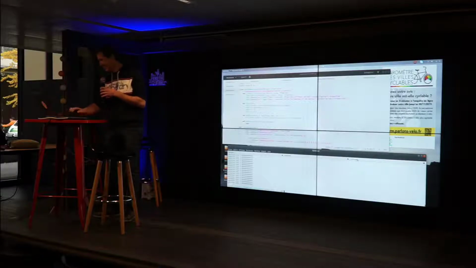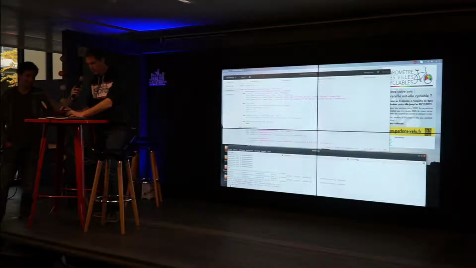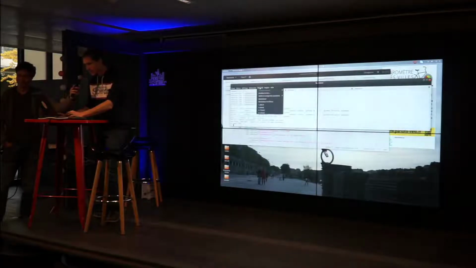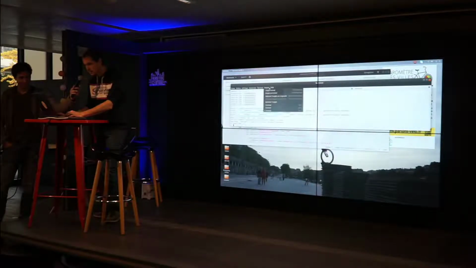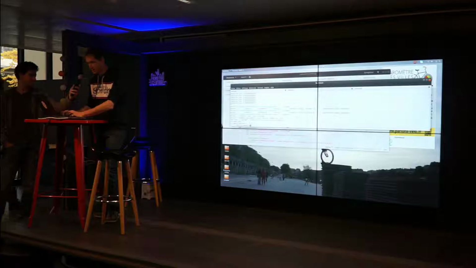So now you don't need to work with Sofa anymore, so you can just, maybe you can make that bigger. Is it readable? So I don't know if you are used to work with Python, but it's just like that.